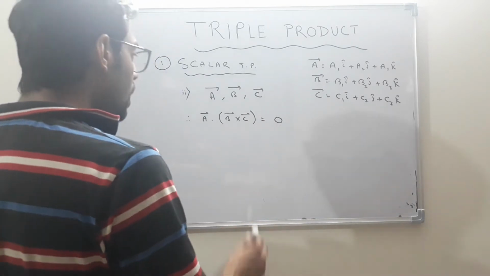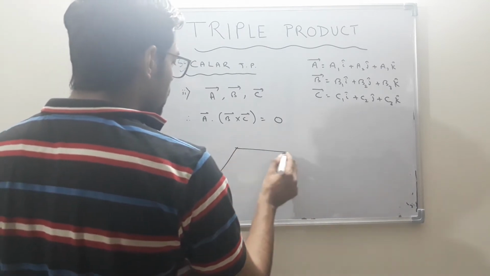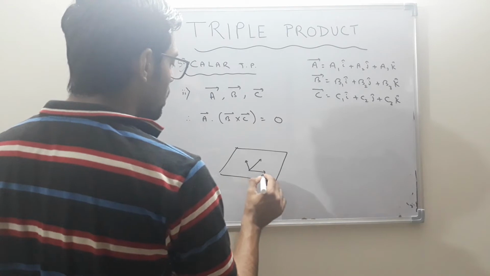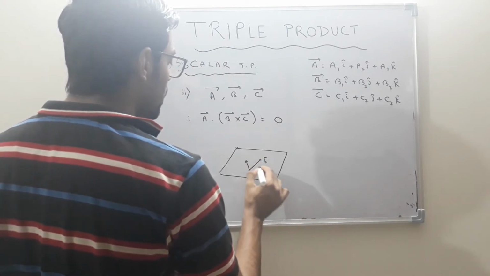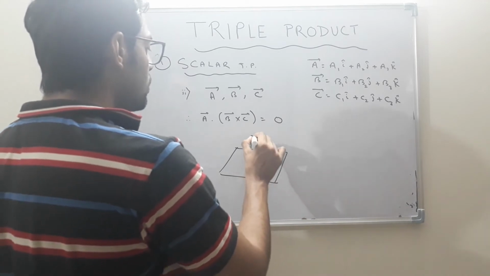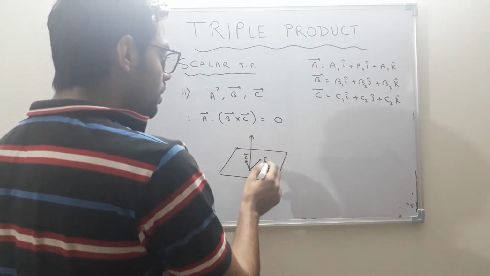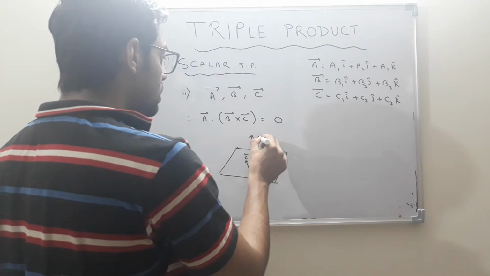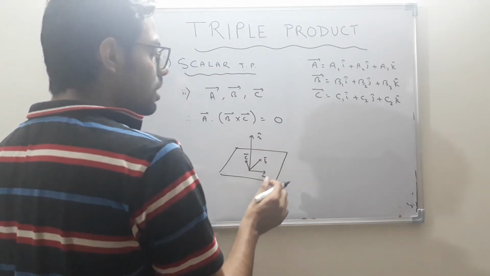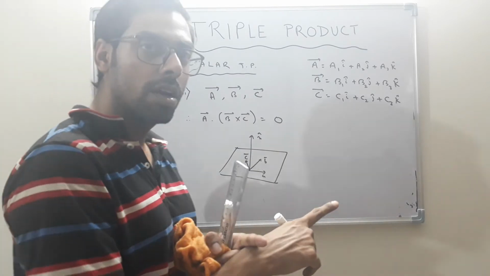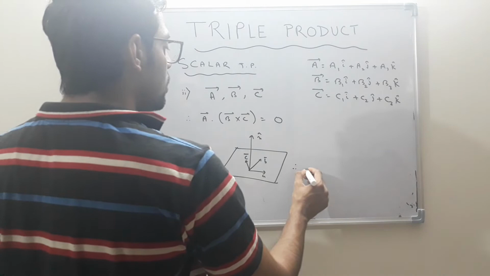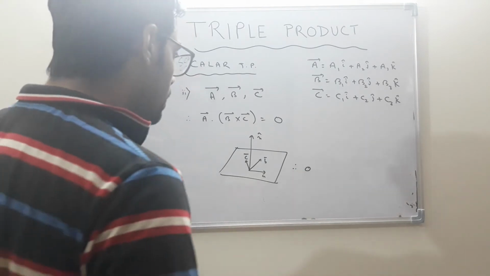Okay. How? Because let these 3 vectors lie in the same plane: A vector, B vector and C vector. Therefore, if we perform B cross C, then B cross C will be perpendicular to this plane, in this direction, n hat suppose. Then what will be the dot product of A vector with this perpendicular vector? Dot product of one vector with its perpendicular is 0. We have obtained it from the property of the dot product. Therefore, finally the result will be 0.